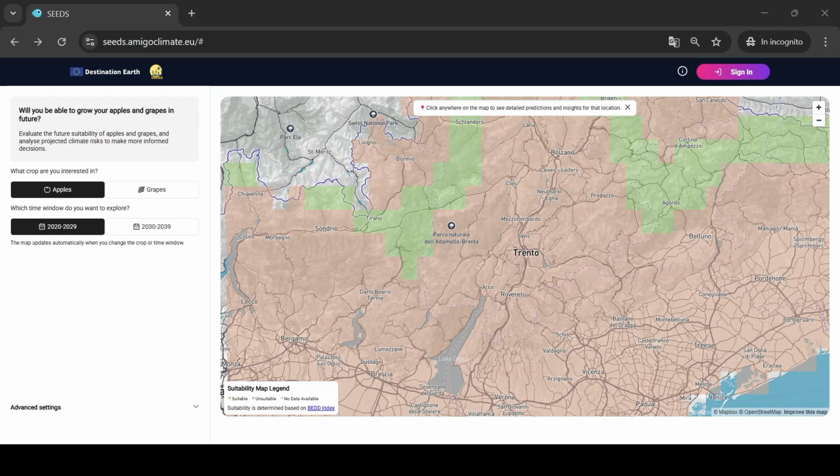In the next few minutes, I will guide you through how to access the service on the Destination Earth platform and how to navigate its main features. Seeds is a climate service available within the Destination Earth ecosystem. To access it, go to the main page, open the Services section from the navigation menu and select Seeds from